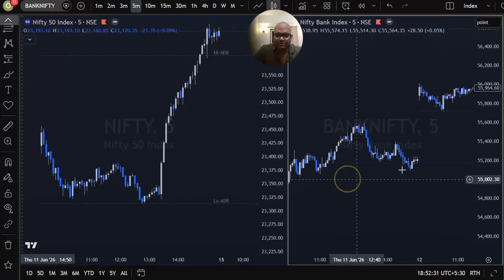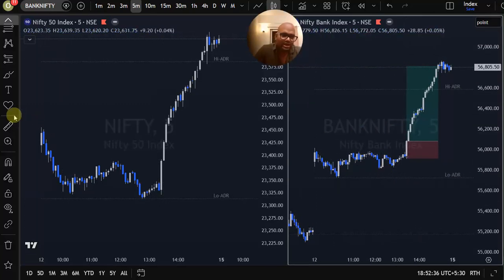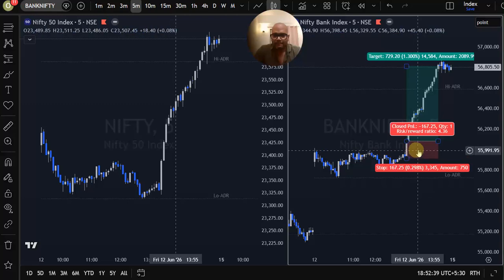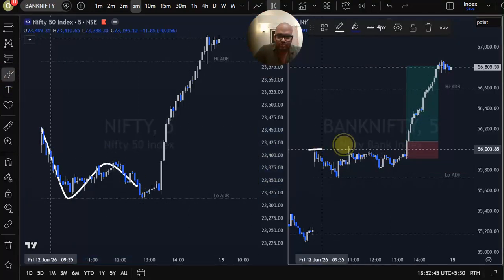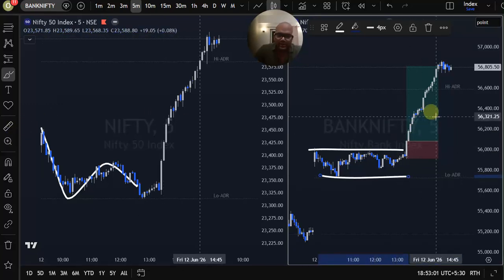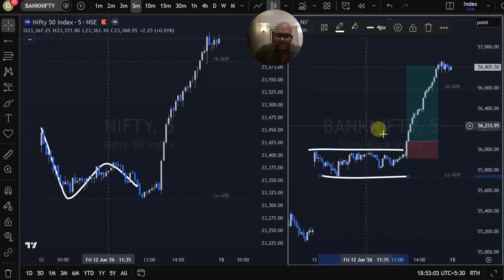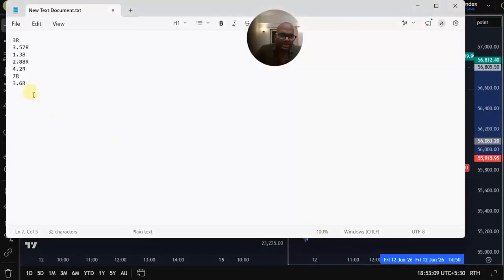On the 12th, the market was very explosive because of the news. So what we did was we traded Bank Nifty, because you can see Nifty was struggling and Bank Nifty was sideways. So Bank Nifty was the stronger player. This is one more example where you need to know how to find the strongest pair. So here you will get in this trade, if you see the breakout trade, stop loss below here, and you'll get 1 is to 4.36